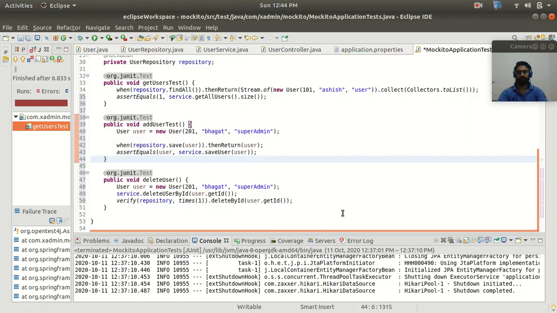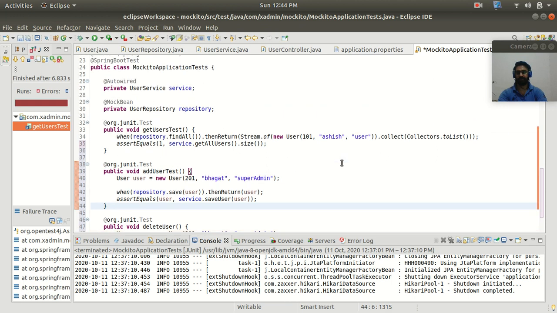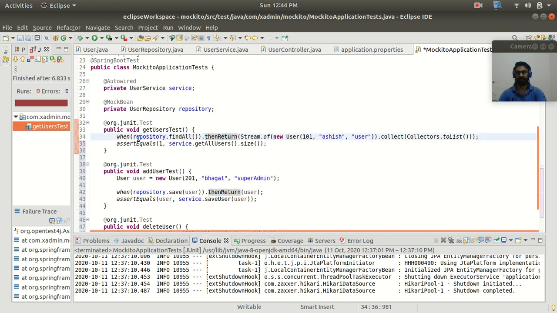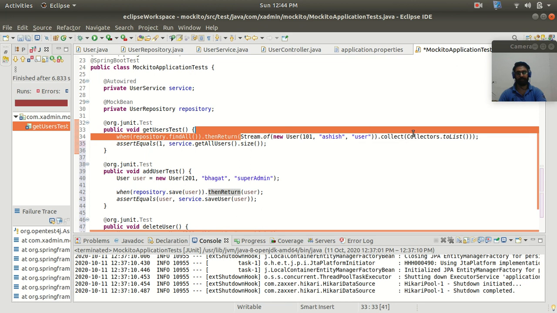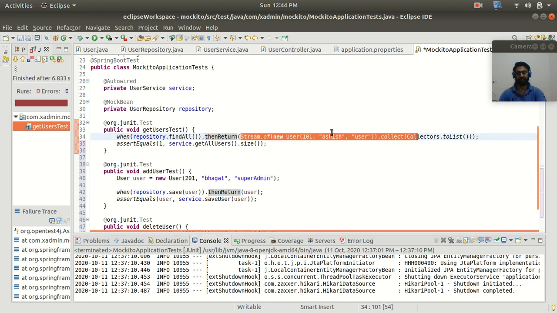Right. So we have completed our unit tests for all the three methods available in my service class. And this is the get method. It is calling when repository.findAll is called, and then it is returning the dummy or mock users object I have provided here.